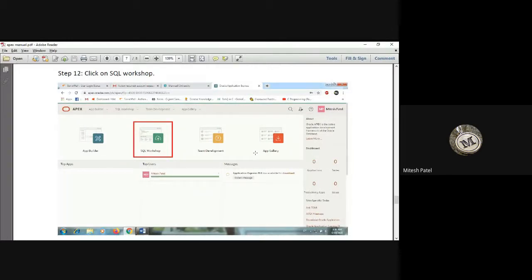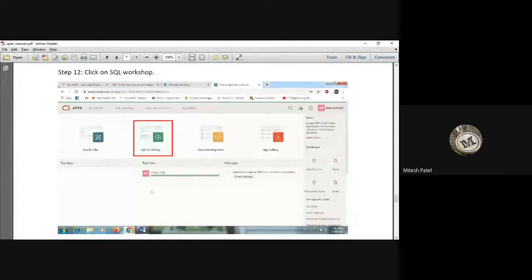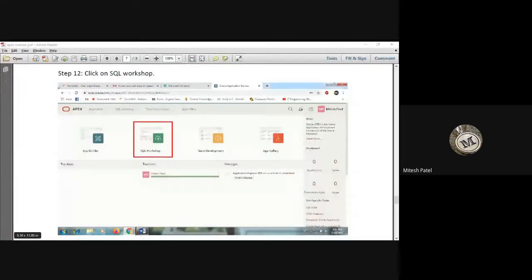When you reach step number 12, please put a message done into the chat so I can get how many of you have finished all these steps. How many of you have created the workspace account in Apex? 3 students have completed their account.